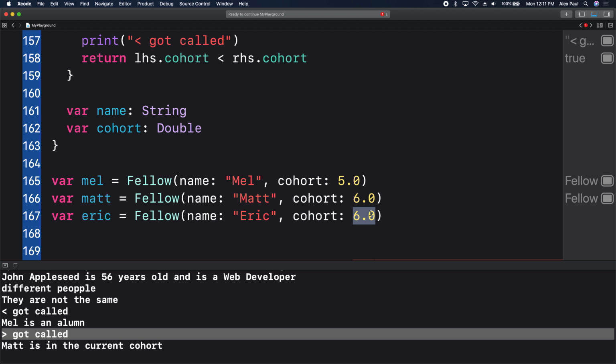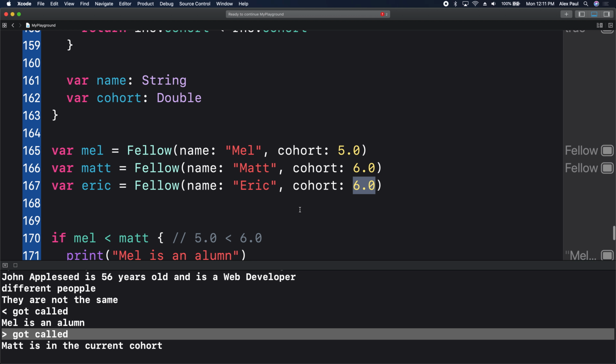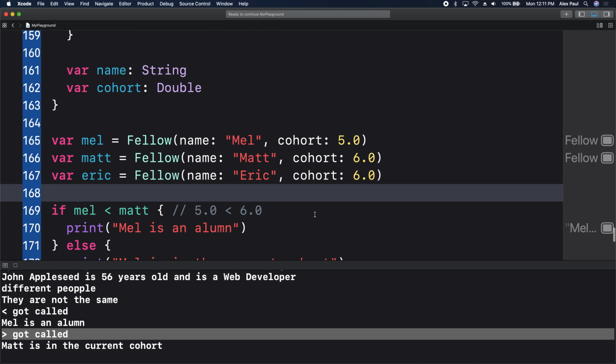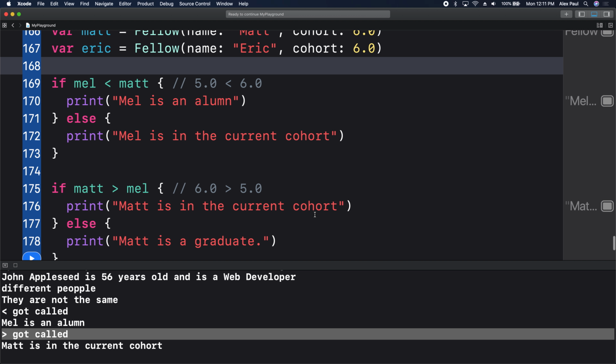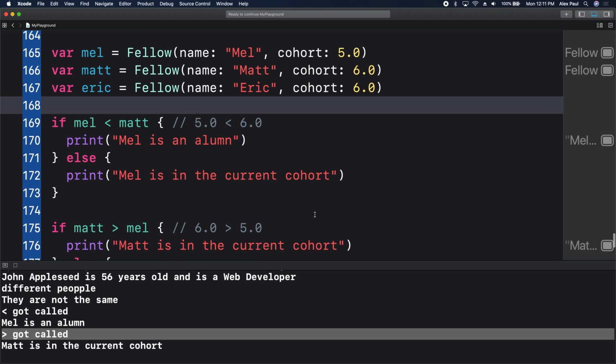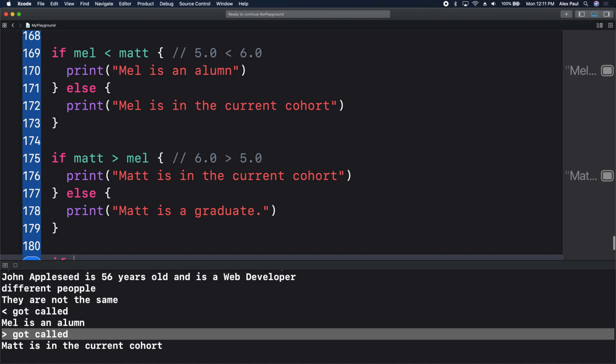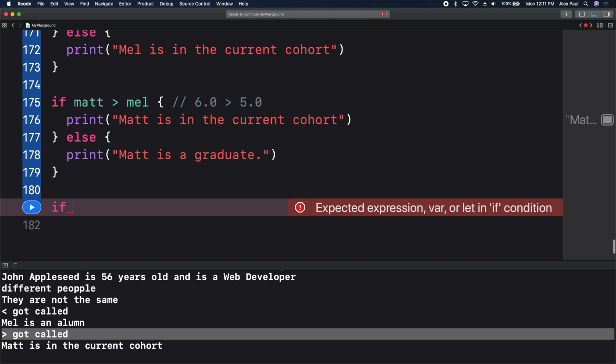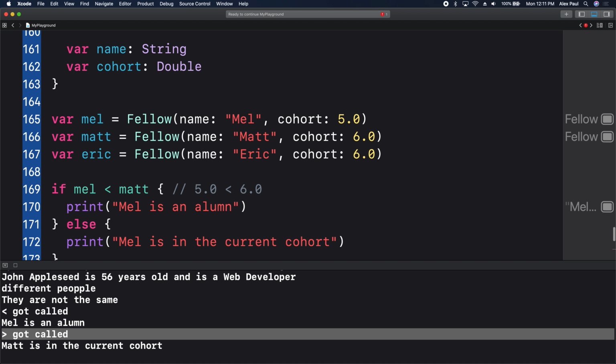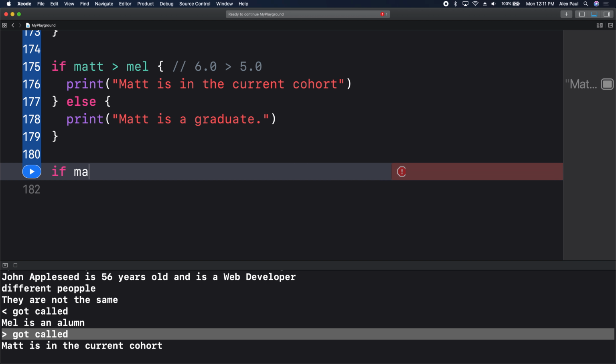So far so good? Okay, so we created a third fellow and let's go down to make a comparison with the third fellow. Everybody typed out everything? Is there any place I could go back for us to type? Are we all on board? Okay, so now let's go ahead and say if, what's Matt? Matt is 6.0, right? No. Matt and Eric. Let's compare Matt and Eric. So if Matt is greater than or equal to Eric,